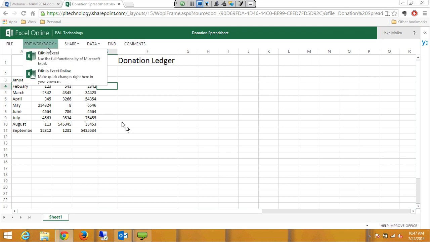When I click Edit Workbook up here, and this works the same whether it's a PowerPoint document or a Word document that you're working on, I have two choices. I can either edit it in Excel Online, which is this web-based version of Excel that we're looking at, or if I have Excel installed on my computer, I can click that and it will open that up, download that document from SharePoint and allow me to use the full-blown version of Excel. And that might be useful if there's some advanced formulas or maybe macros or things like that it would be helpful to have that feature set. But right now I'm just going to click Edit in Excel Online,